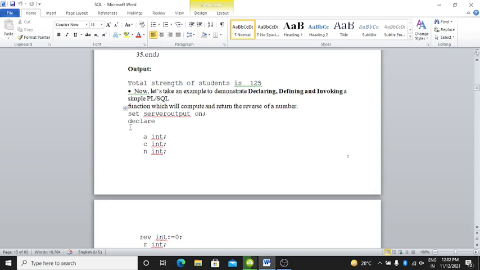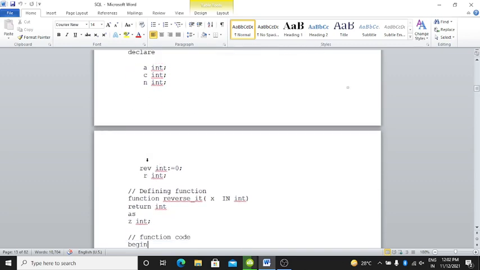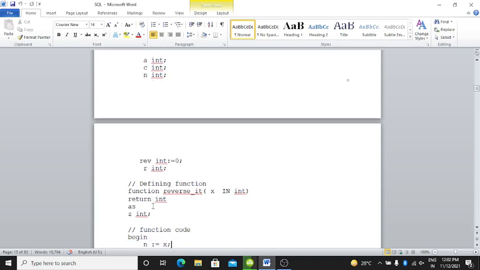For that, first declare a int, c int, n int, then rev int is equal to 0, then r int. Here defining a function: function reverseit(x int), then return int as z int, then the function code begins.